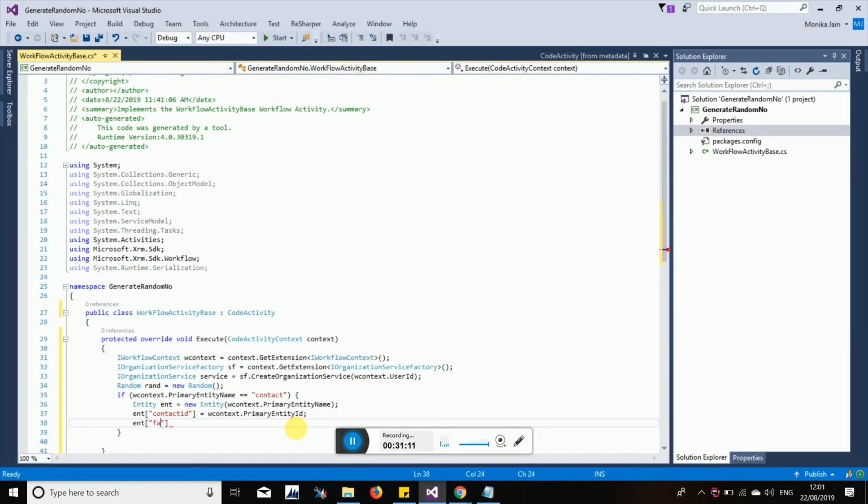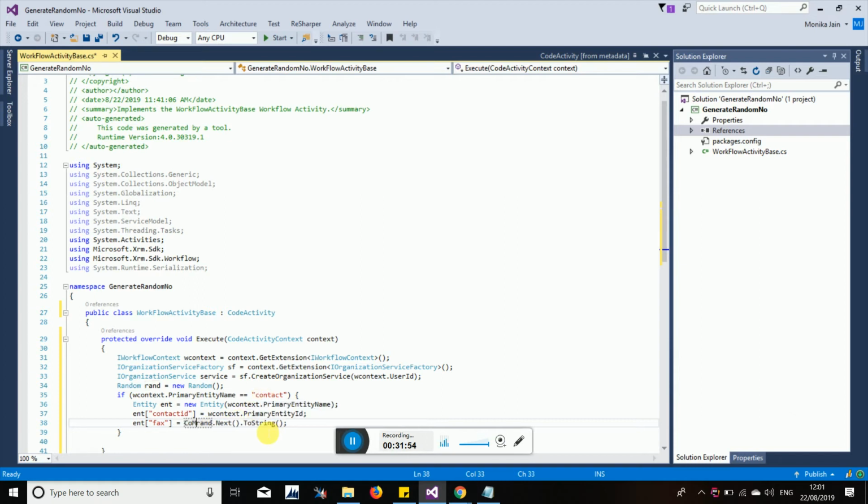Okay, understood? And then after, as I am setting the value of the facts field, what value do I want to set? I want to set the value of a random number, right? Rand dot Next will give me a random number, the next random number. So every time it will be a new number, but it will be a number, whereas the text type is string. So I should convert it into a string, so I am writing ToString. And now I am setting the value to this field, but we require a prefix and suffix also, right?